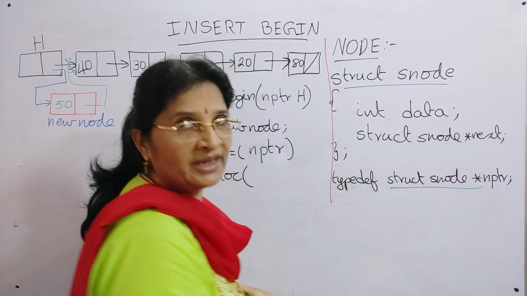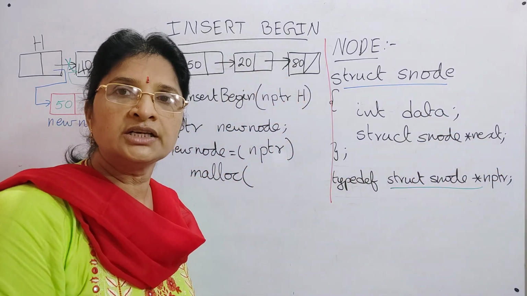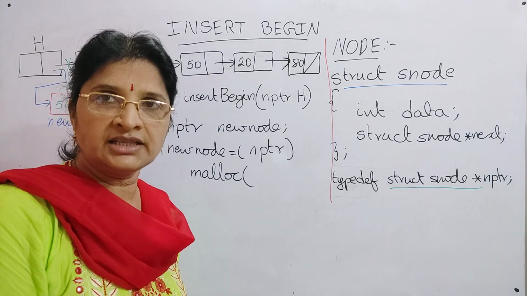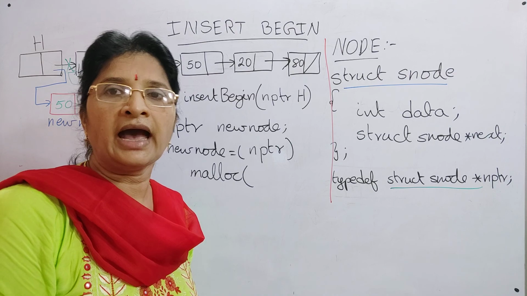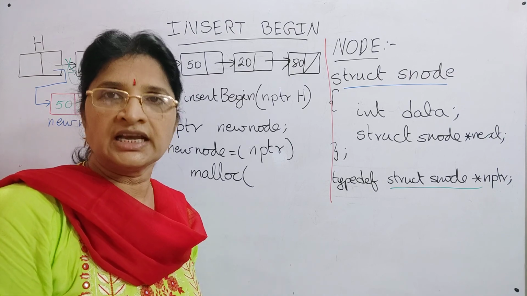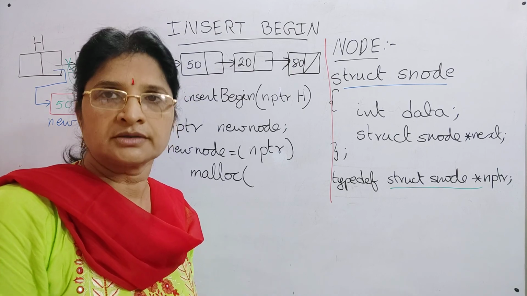This data occupies 2 bytes, and this structure node pointer also occupies 2 bytes of memory. So instead of giving the value directly, in C language we have an operator called sizeof. If you give the sizeof operator, it will return the size of its